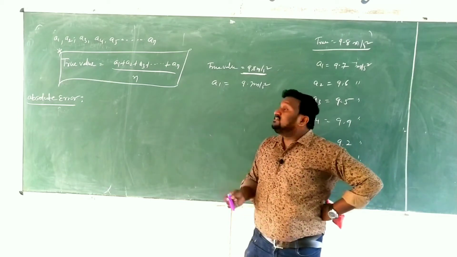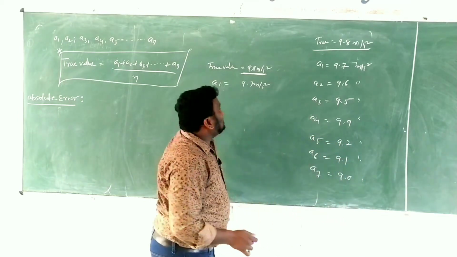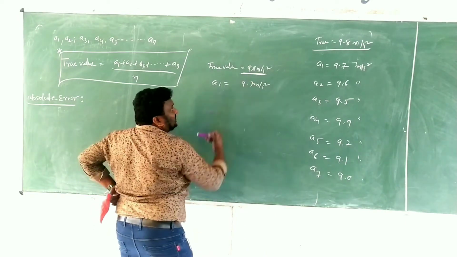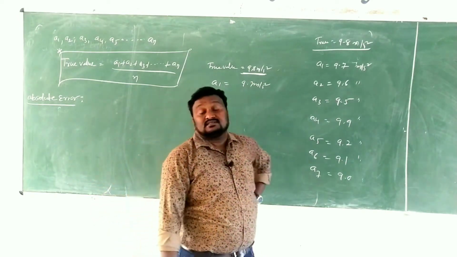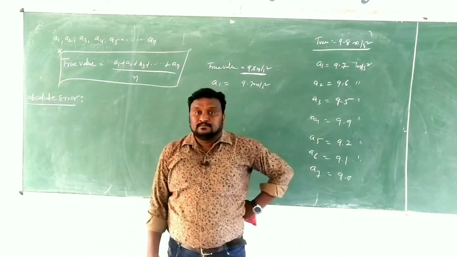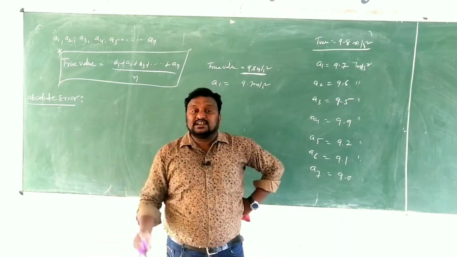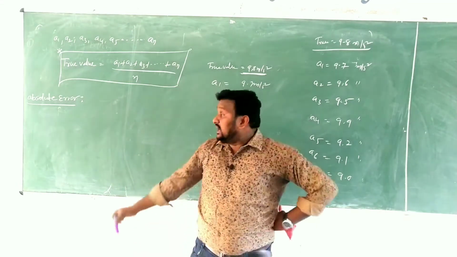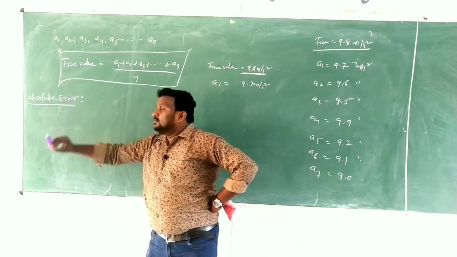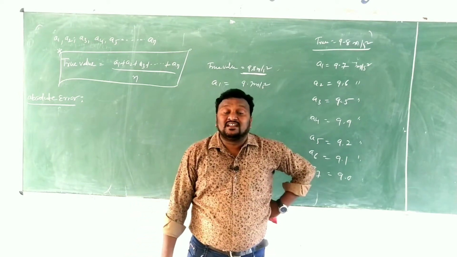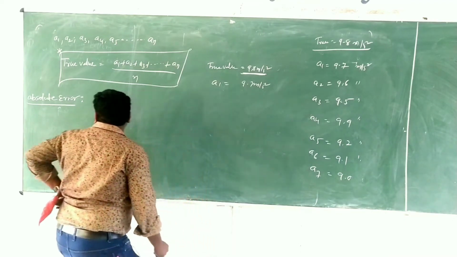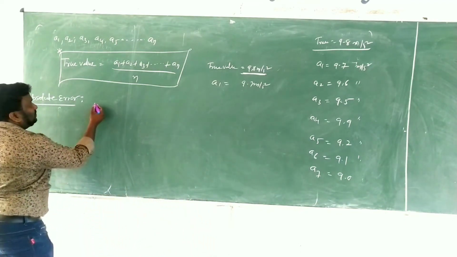How much difference is there? Here 9.8 is there and here 9.7 is there. How much difference? 0.1. 9.8 minus 9.7, then what do you get? 0.1. That 0.1 is called absolute error. So in this case the absolute error can be written as